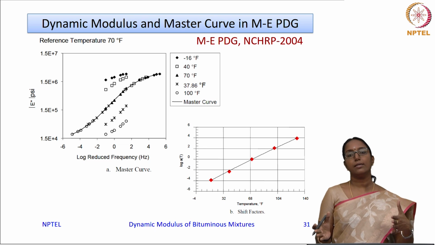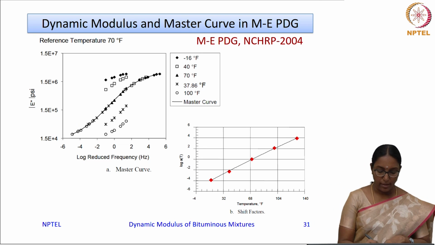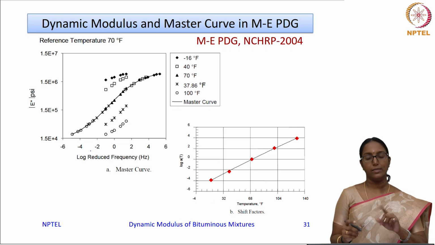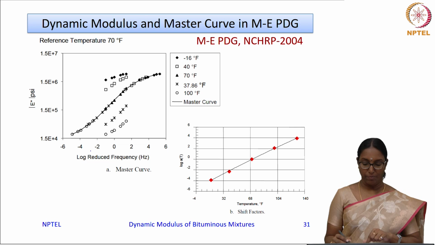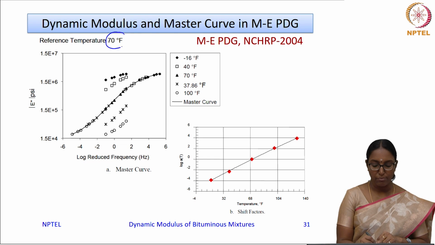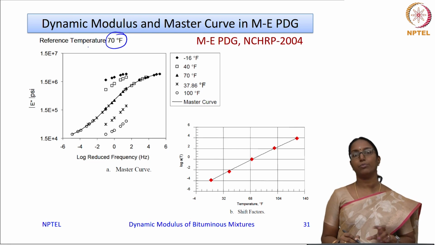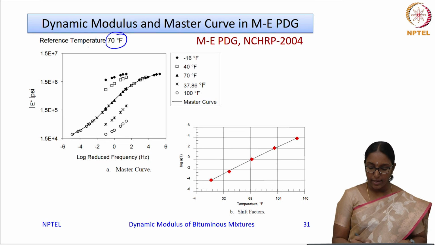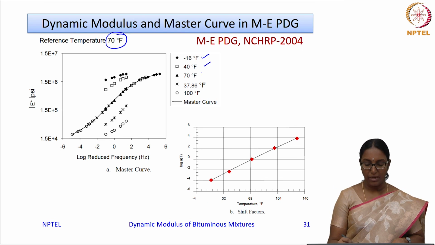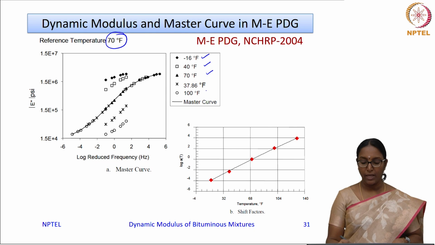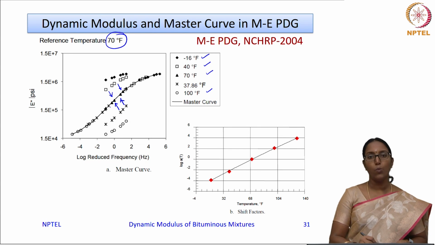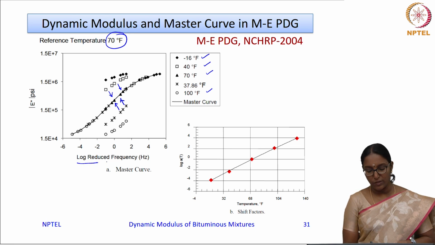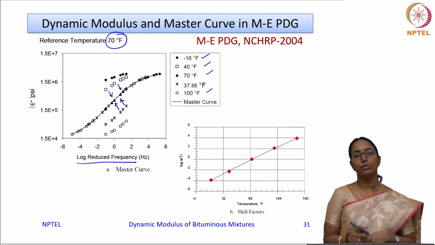So, we actually use a constrained fitting method so that your data is fitted to one sigmoidal master curve. As you can see here, this is taken from MEPDG. They have taken a reference temperature of 70 degrees Fahrenheit, which is approximately 21 degrees Celsius, and the data that is collected from different temperatures, say minus 16, 40, 70 and 100 degrees Fahrenheit, are shifted like this to form one sigmoidal curve, and this forms a reduced frequency which is used to shift the data,